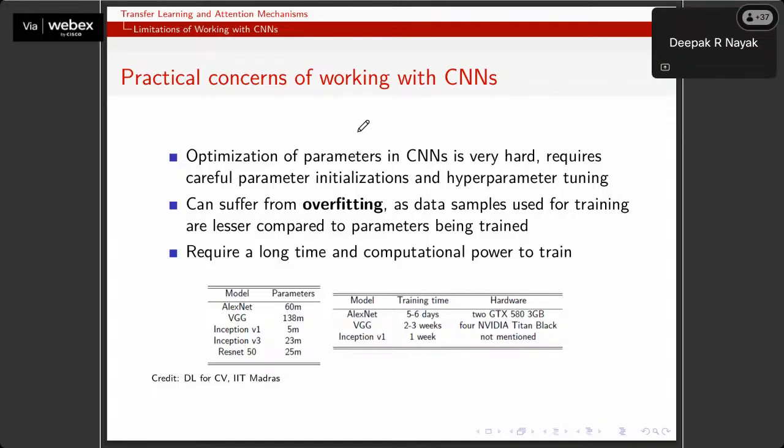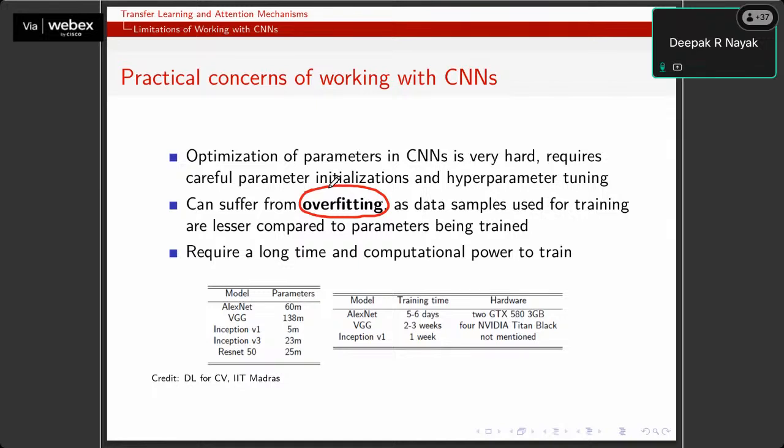If this convolutional neural network has so many parameters, in terms of millions, and you are dealing with a very small number of samples. In the case of medical imaging, we know we don't have much data. So there is a possibility that the CNN can suffer from overfitting issues. In the overfitting scenario, the generalization performance is not going to be good, right? And it sometimes requires a long time to train, or we need a high amount of computational